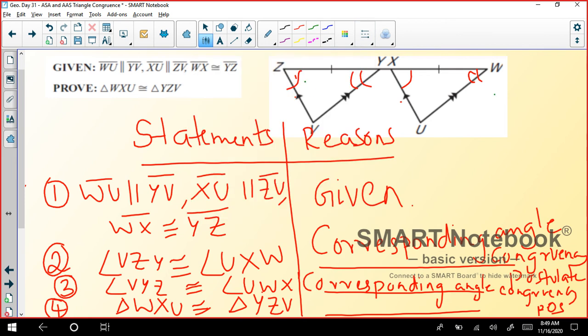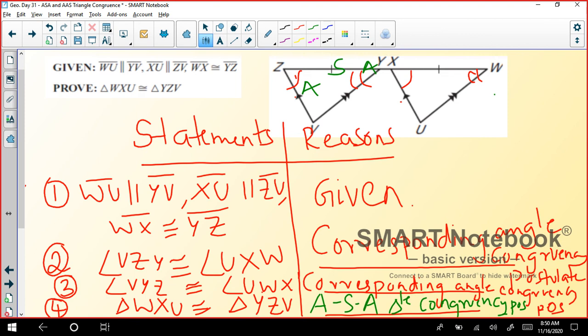So observe here, this is like your A, then you come across a side in a triangle, then you have an angle. So if you just observe one triangle, you will see the pattern of ASA, and you can give the reason as ASA triangle congruency postulate. I'm writing triangle in short form, triangle congruency postulate, and once again I'm writing postulate in short, POS. Okay, ASA triangle congruency postulate is the correct answer.